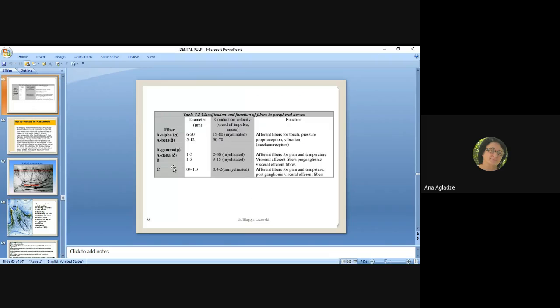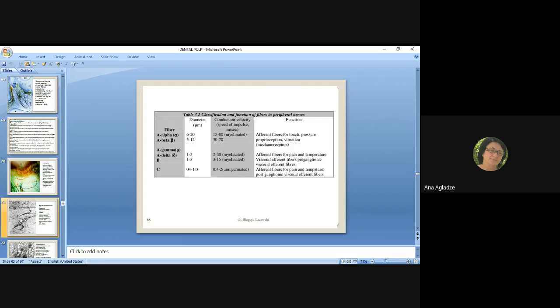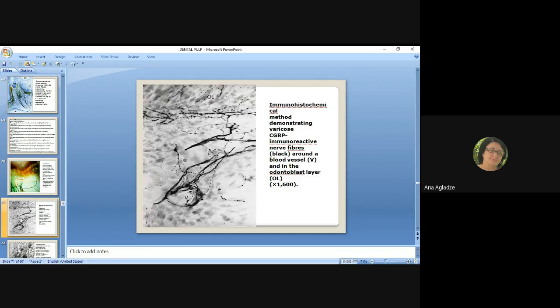Here you can see these are fibers, and the dentin-pulp junction and the pulp horns up to cusps, and they innervate the dentin as they also run in the dentinal tubules. Then, as a result, there are extensive contact zones between odontoblasts and nerve endings at the A beta fibers,